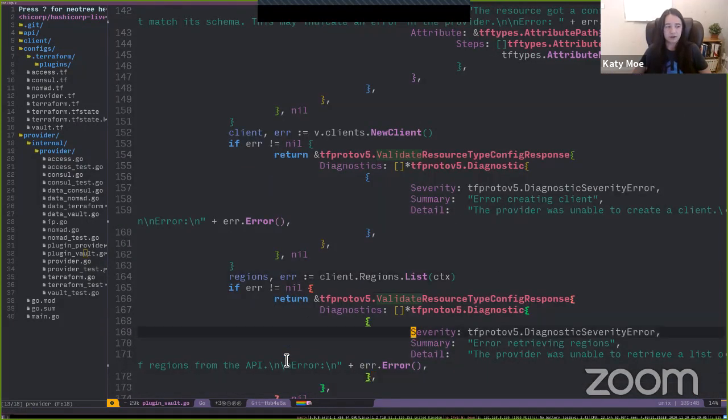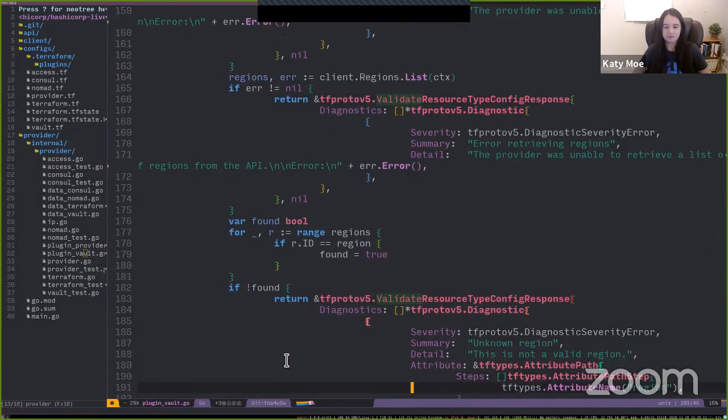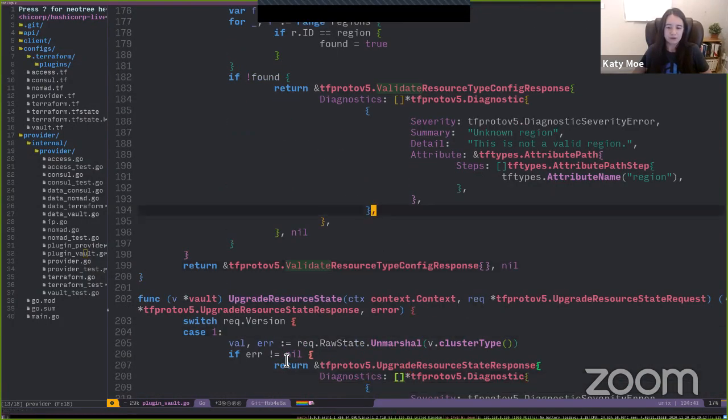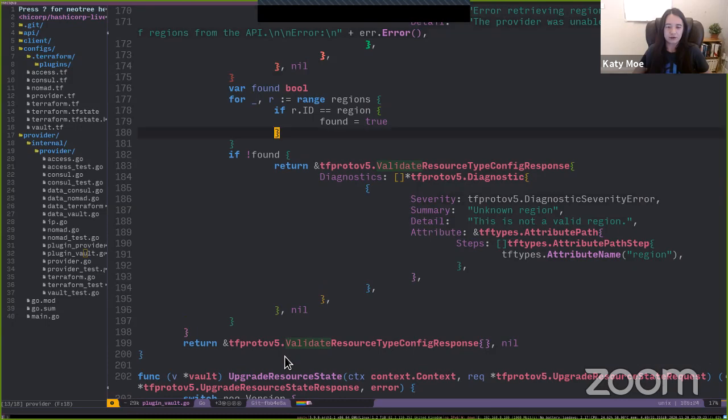So we're going to take the region the user put in the config and check if it's a valid region. If it's not found, we're going to return an error. So what this should mean is that you're able to make this network request during validation, which you couldn't do before.